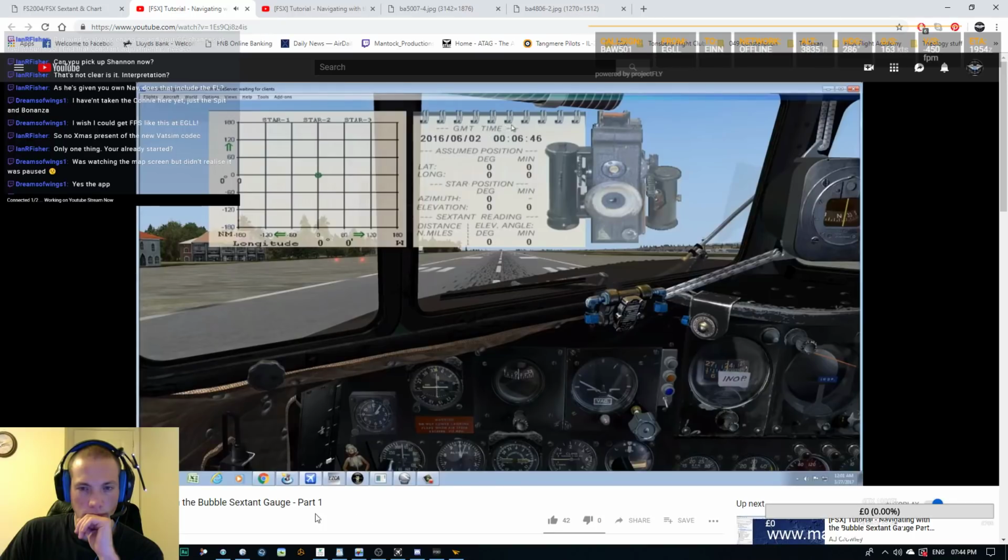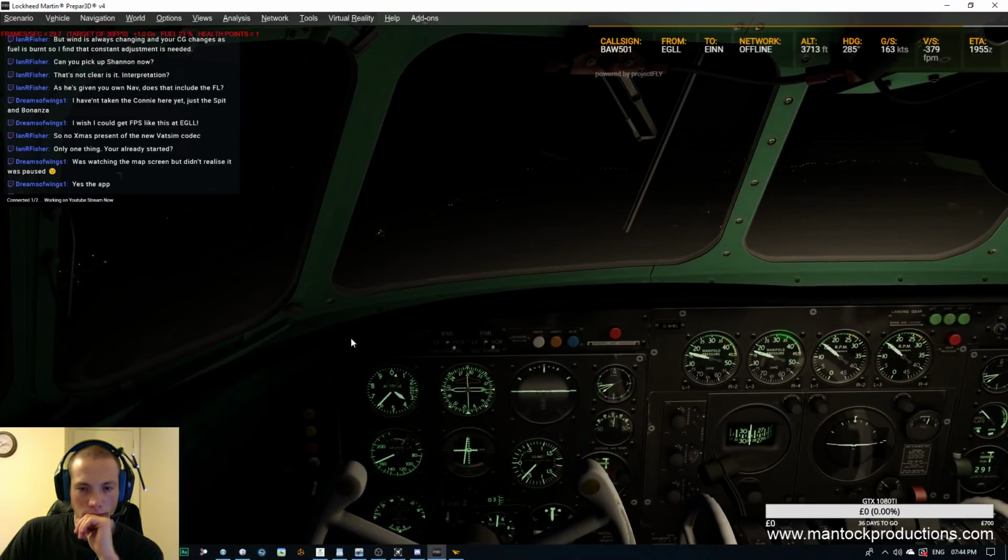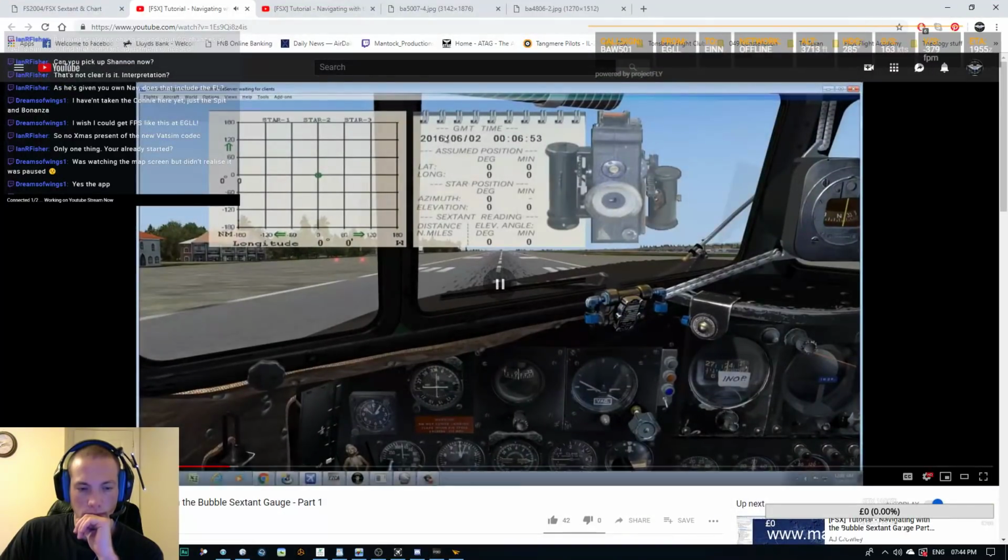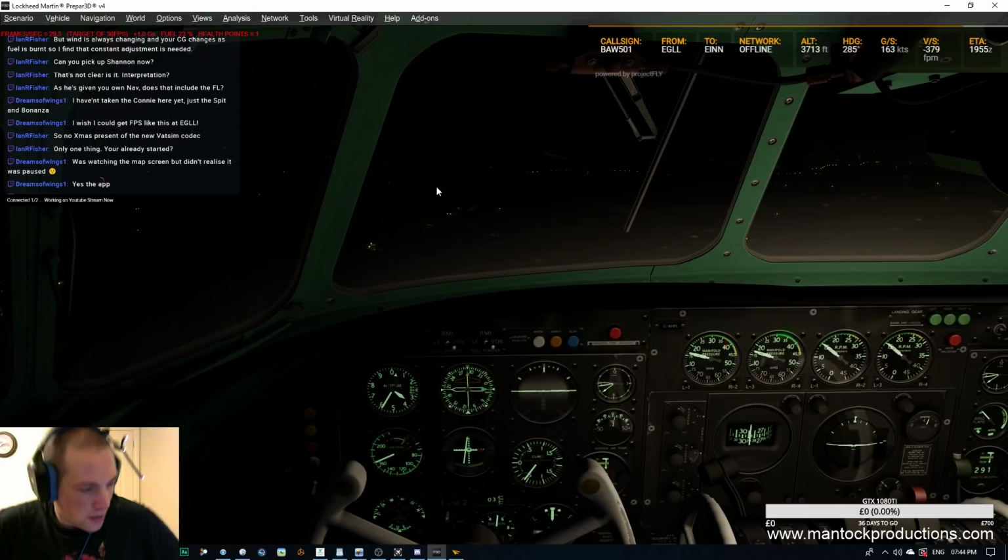And if you look at the sextant here, this is basically a worksheet. You fill it out, you get down to the bottom, and then you click over here to take your shot. Okay, so